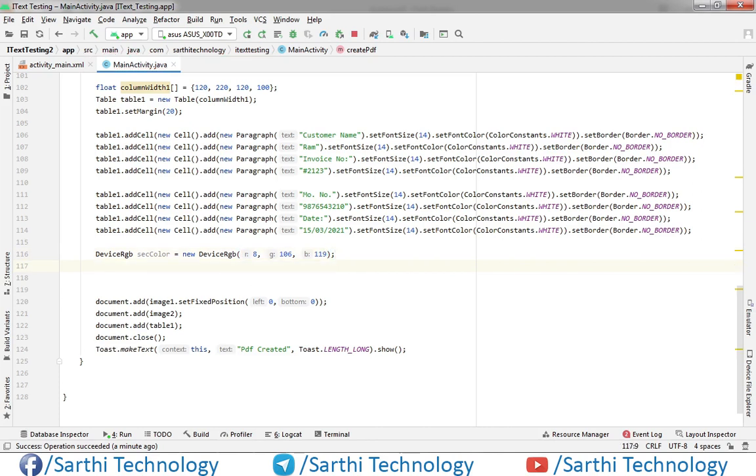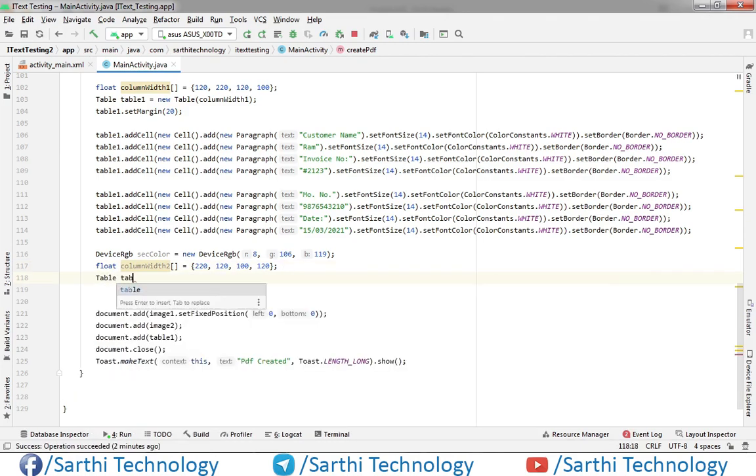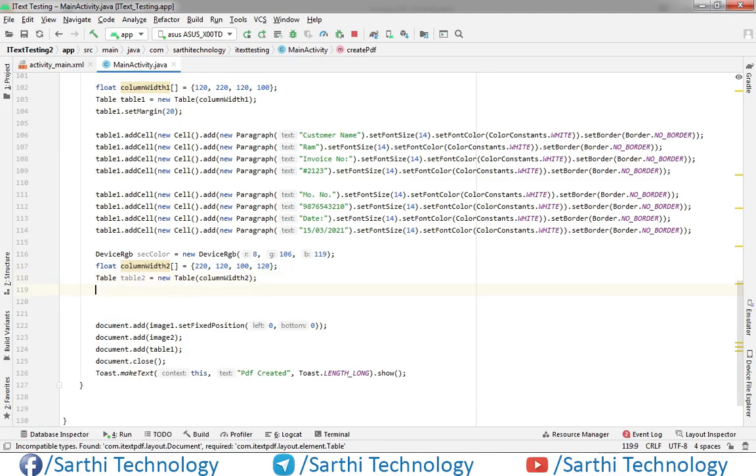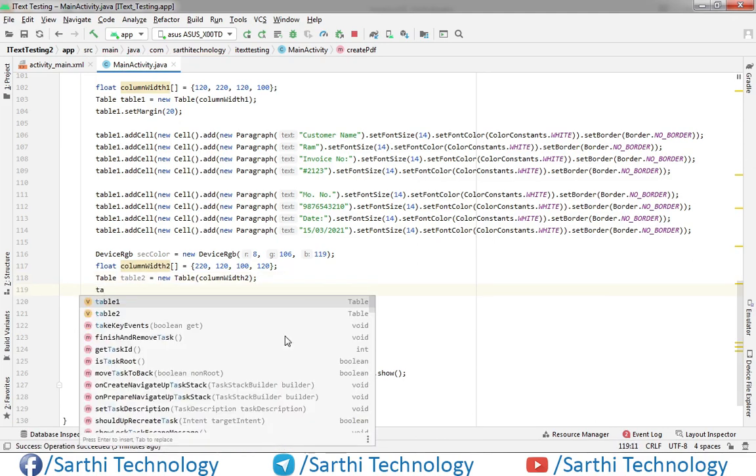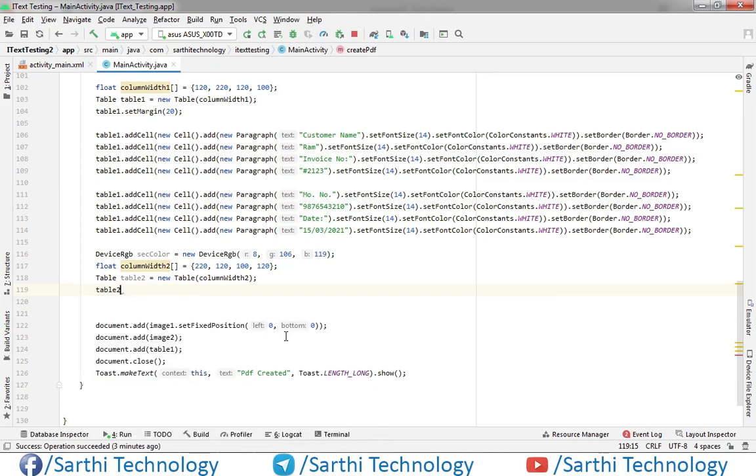Now column width and table object, and also set its margin, so table 2 dot set margin, and here we will put 20.